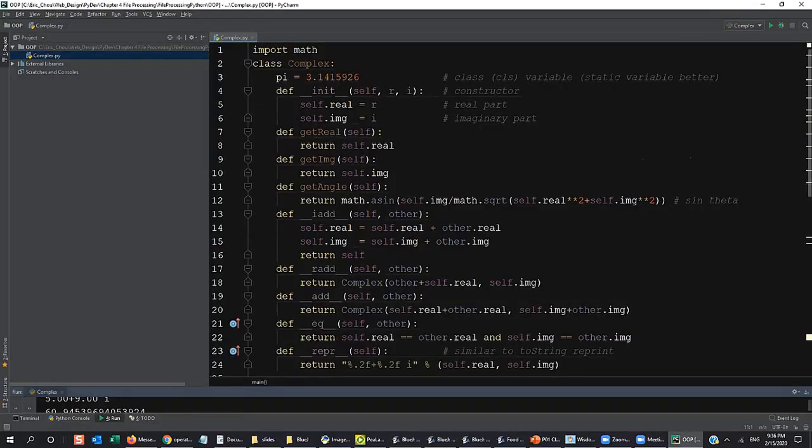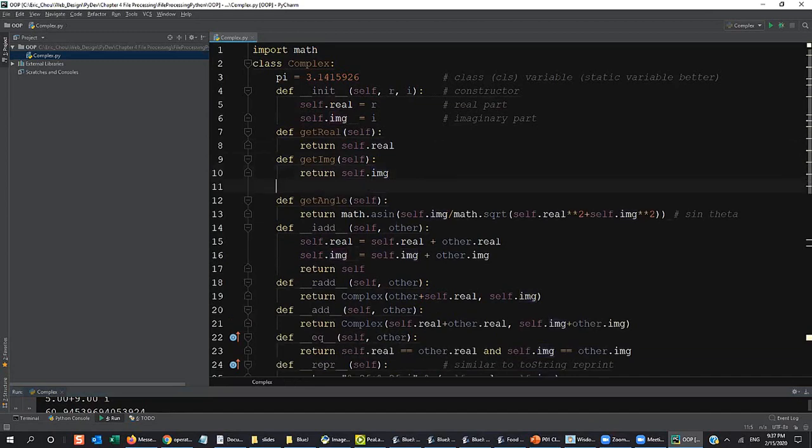So here we introduce how to build a class, right? And here we have the static variable. We talk about it. Here we have a constructor, we have getter, setter. You can set it. That's not hard. You just do self.real equals something. That's a setter. Actually we can do the setter as well. So let's do getter, setter. Okay, define